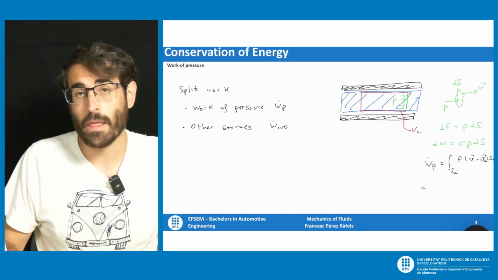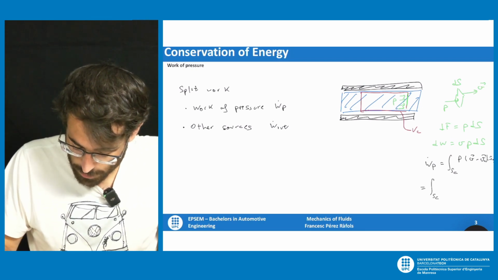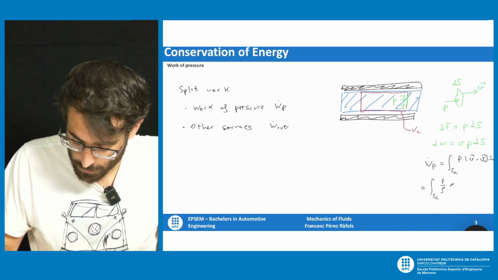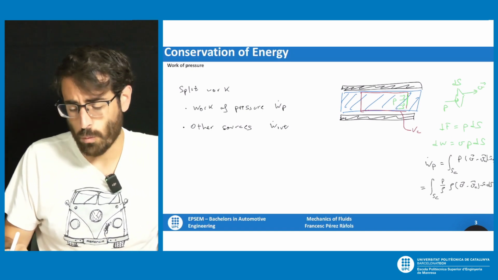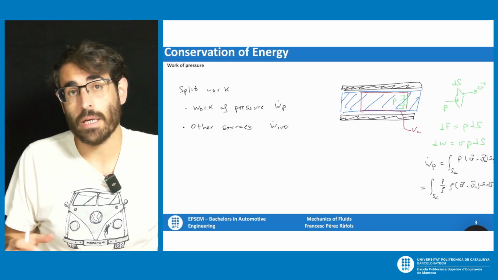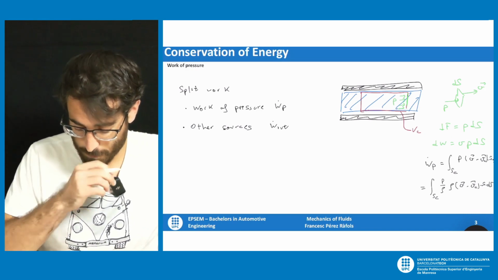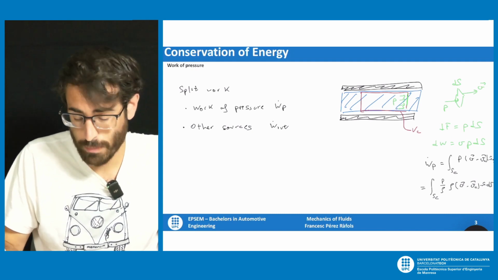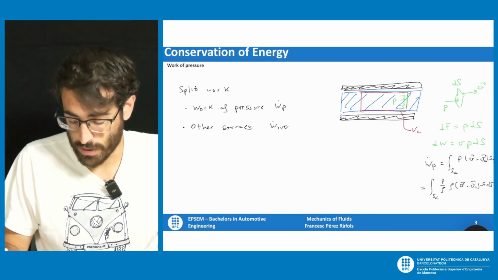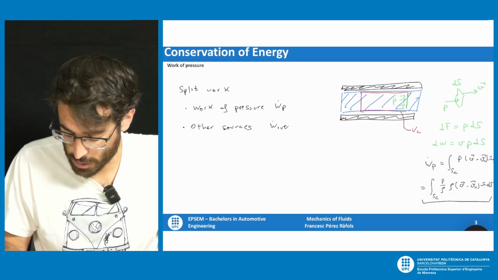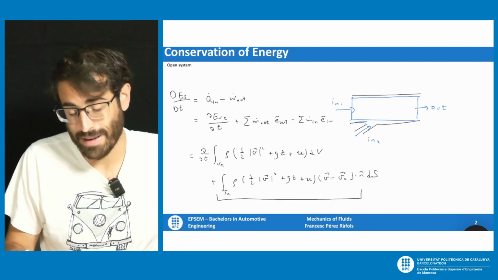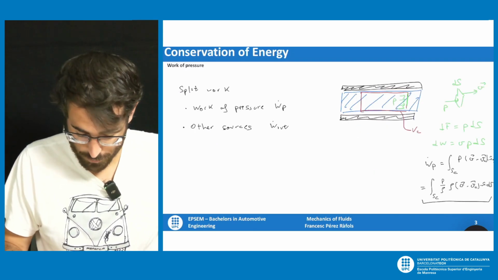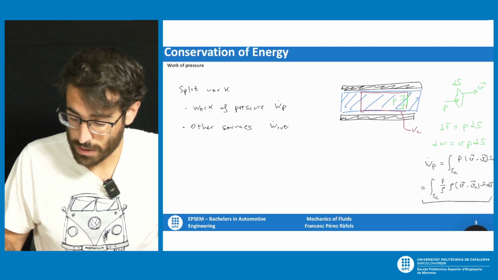If we write it in slightly different form, this is going to be c, p over rho times rho, and then (v minus vc) dot n ds. And you may be wondering why I am writing it this way. That's simply in order to be able to combine this work of pressure with the surface integral, because notice that this work here is exactly the same as we had in here. It has the same shape, but it's adding a new term. So what we can do here now is write